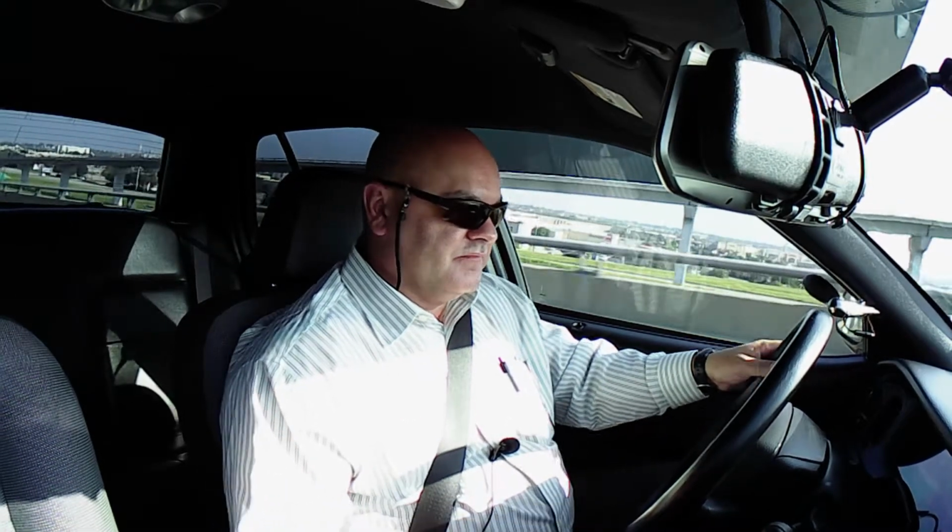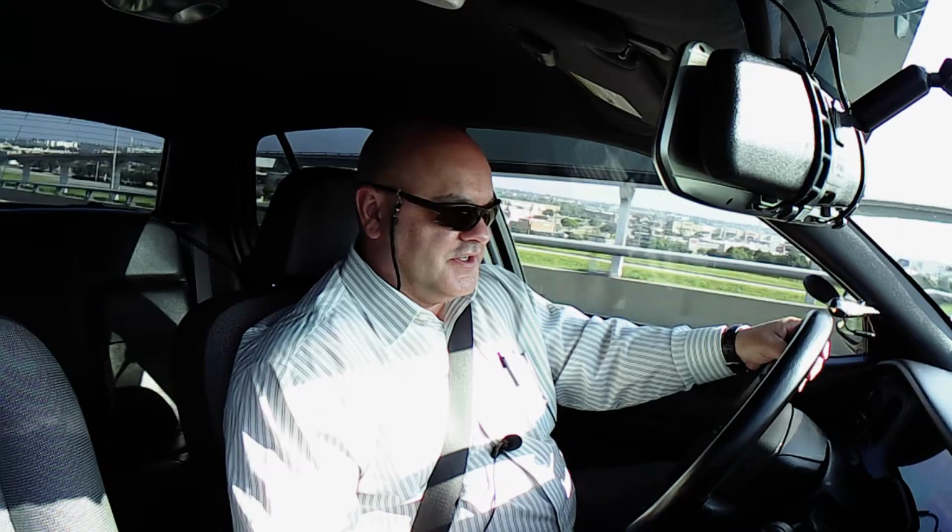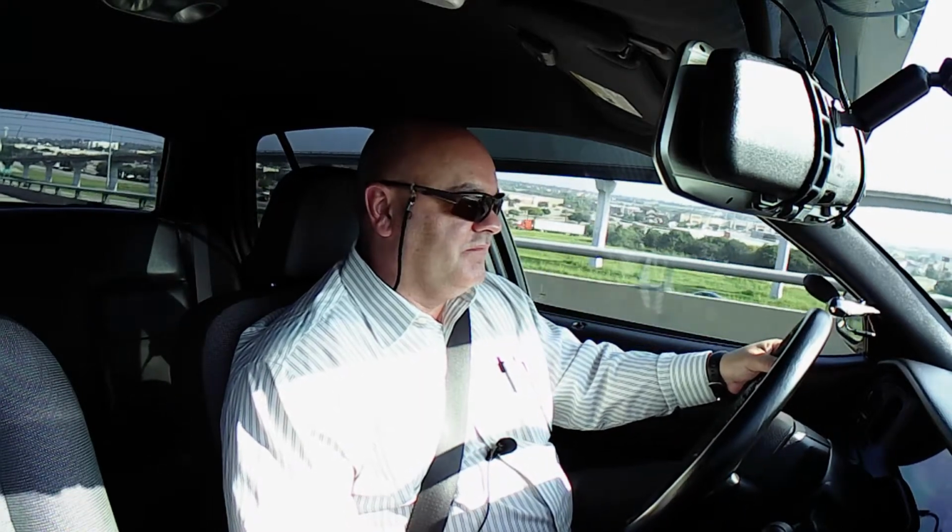But like I said, the main reason I got it was for the dogs, being air conditioned and secure and safe. Having that rubber mat in the back gave them something to put their paws on and not slide around so much. So after a year of having the '03,